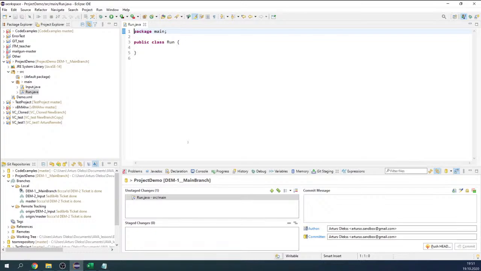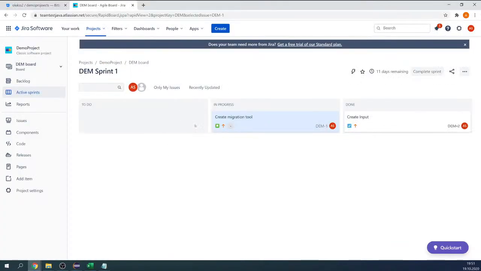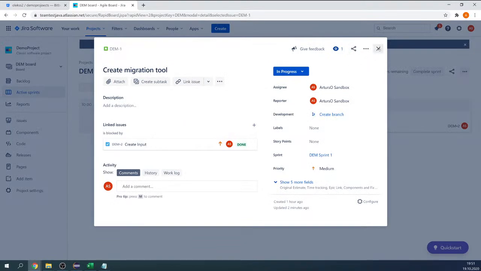So basically, we have two options for how to create the branches and link them to a Jira ticket. One option is, again, as I just did here, we provide the ticket name to the